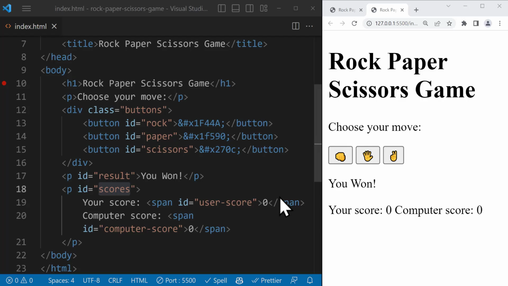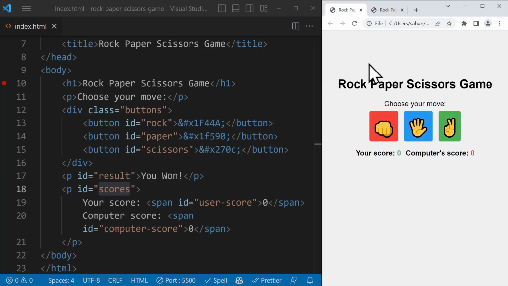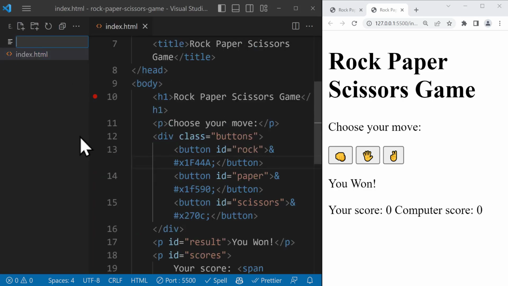All right, in the last section, we have completed the HTML part of the project. In this section, we're going to work on the CSS part and style the project like the one in the final version with the background color, and also we're going to have some background colors for the emojis. We're going to bring everything to the center and etc. So the first thing we need to do is create a CSS file. We need to open the Explorer section, and we just create a new file and we call it